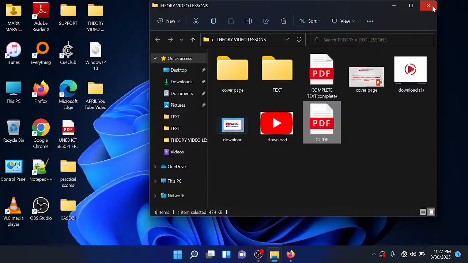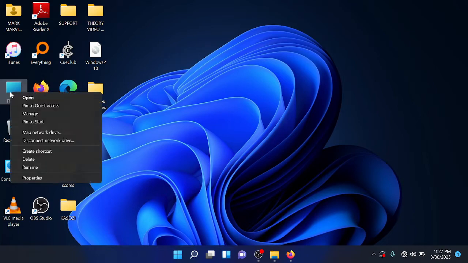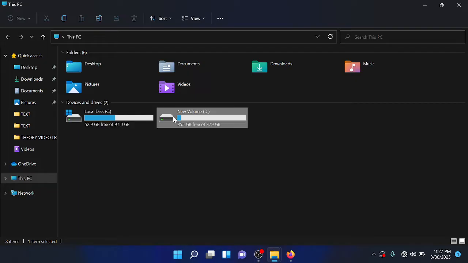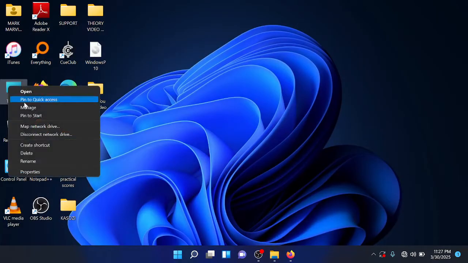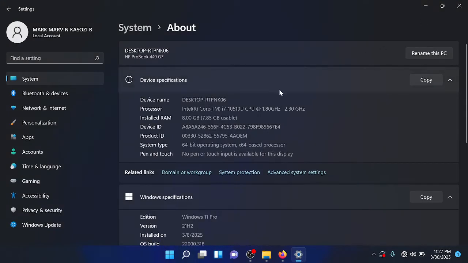Of course, when you want to see the strength or the capacity of a computer, you can just open the icon, This PC, and then check the storage first. That is one. That is my storage. I've not yet put a lot of files in the storage. Or you can even right click at This PC, go to properties and check the capacity of the computer,